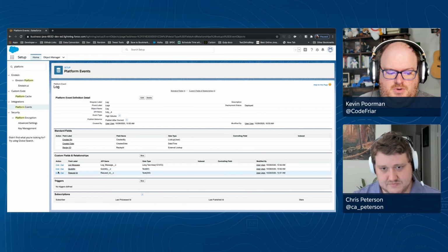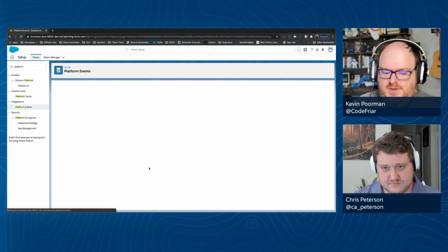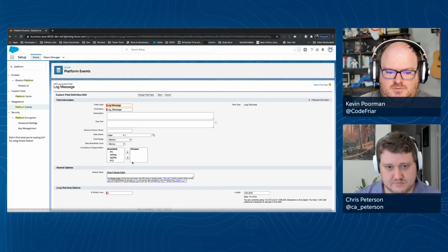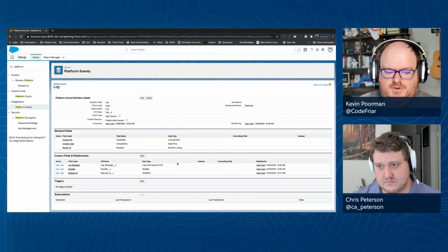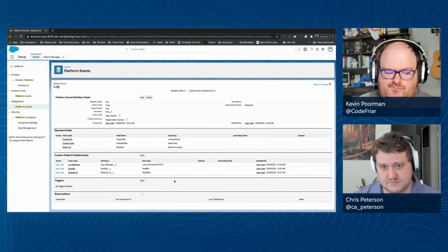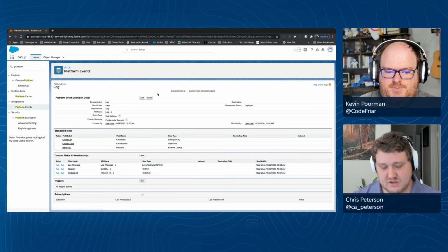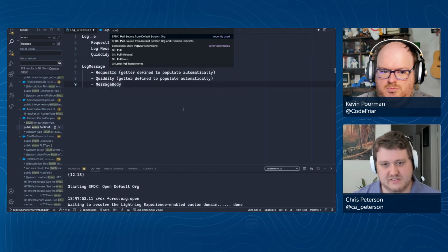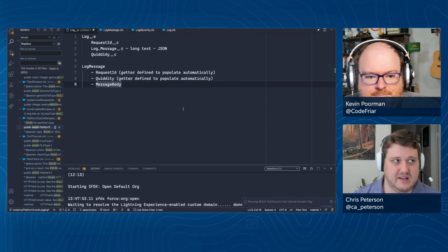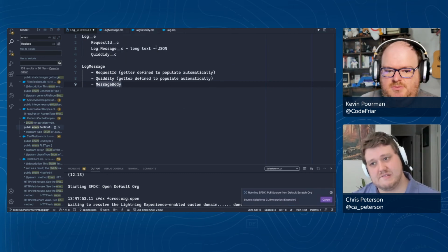And you know what I'm going to do? I'm going to go back into our log message. I'm going to make it required too, because I can't make it required because it's a long text field. Interesting. Okay. That's all right. I don't think anybody's going to try and publish without it, and I'm going to pull the source so that we know about our